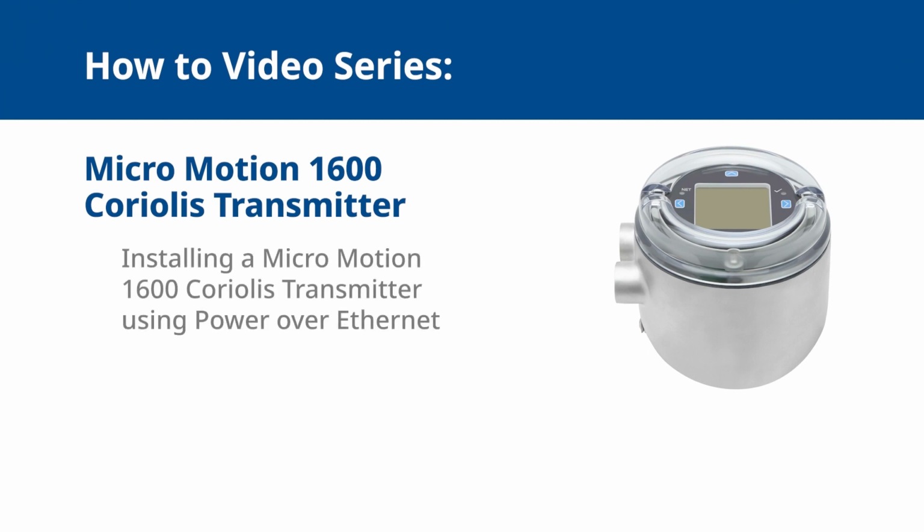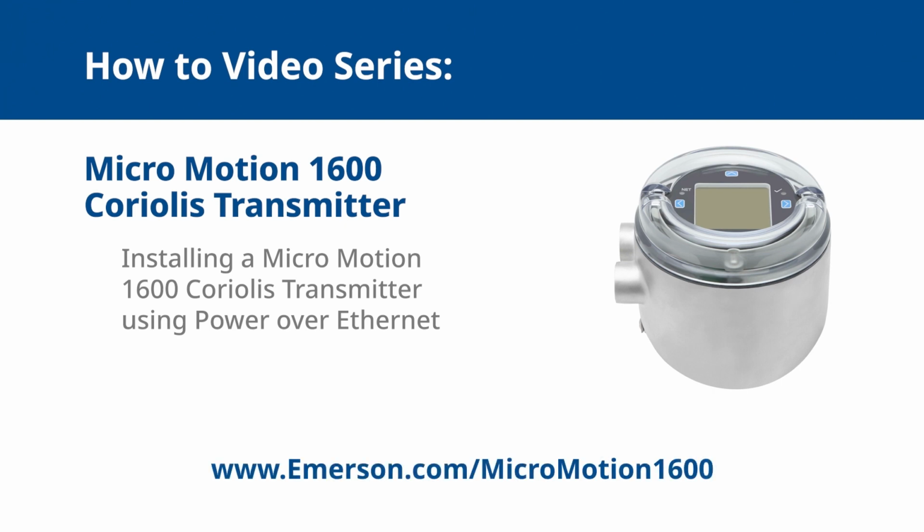In this video, we will cover what Power over Ethernet is and how to install the Micromotion 1600 Coriolis transmitter using Power over Ethernet. For the complete set of installation instructions, please refer to the install guide, which can be found at